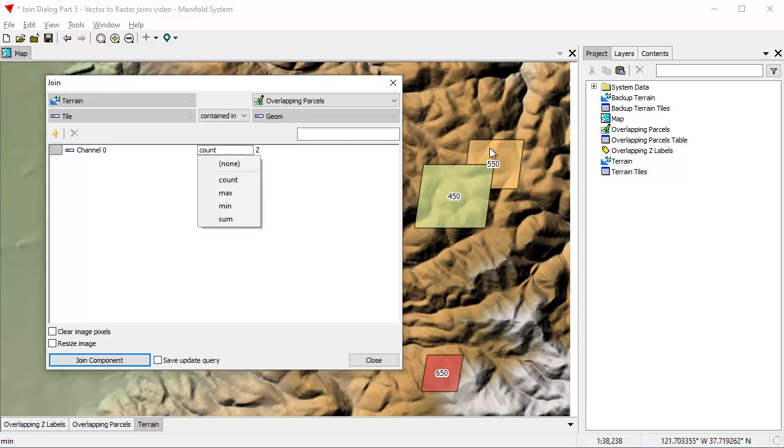Minimum takes the minimum of the two overlapping areas. In this case, that would be 450. So all the pixels here would get 450 as the minimum. Sum, which is what we're going to use, takes the value of all the various overlapping areas and sums it. In this case, there's only 2 areas that are overlapping, so that would be the sum of 550 and 450, or 1,000. Let's pick